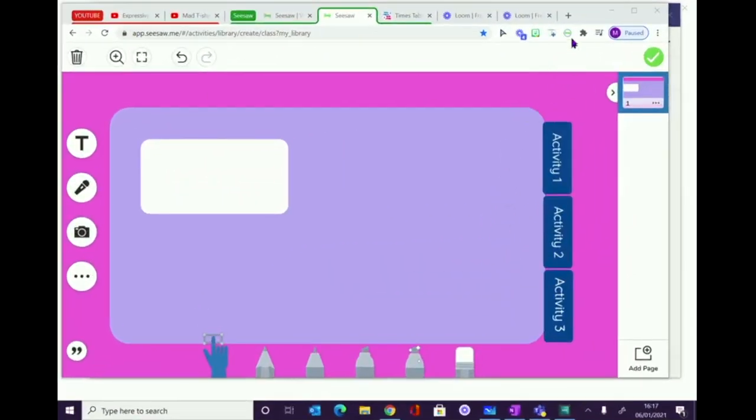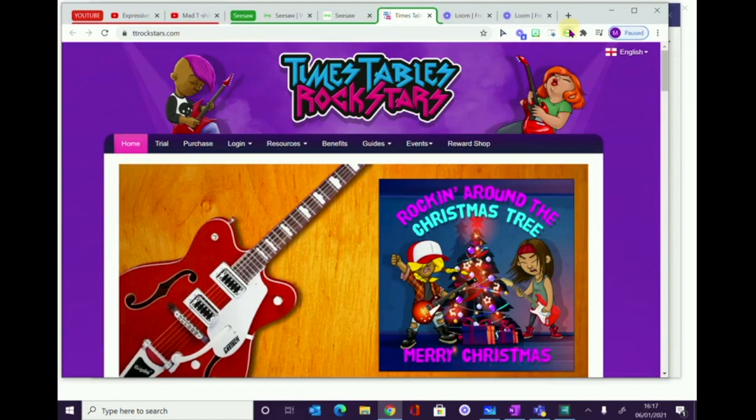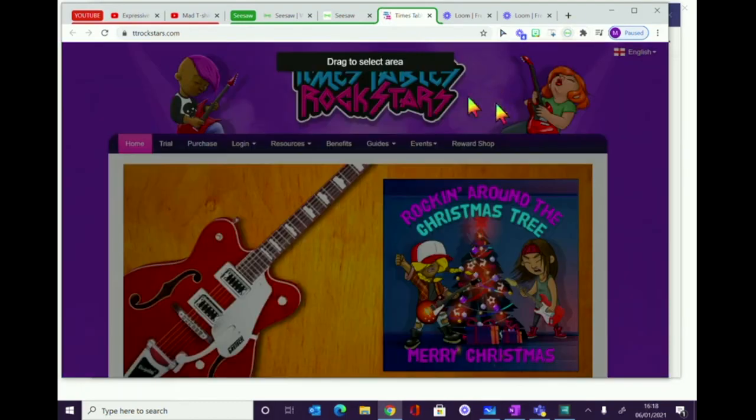This is to do with the Chrome extension. So if you use the Chrome browser, you can get an extension called Reflect in Seesaw. And what it does is that it allows you to take screenshots of other pages and it puts them straight into your activity. So for example, I can go to Timetables Rockstars, open my Seesaw extension in there, capture selected